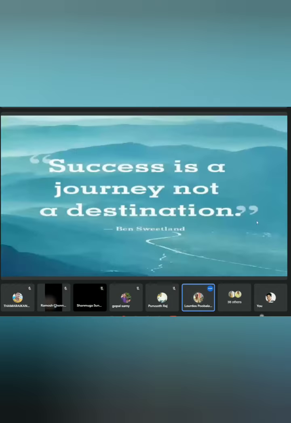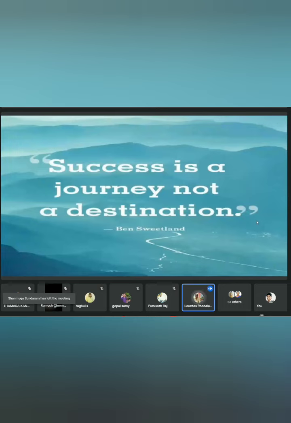Dear friends, success is a journey. It is not a destination. Therefore, we will move forward. It's a journey, as the quote says. So by moving, we can reach the target. The target is not far away. It is within our reach. We can scale new heights by